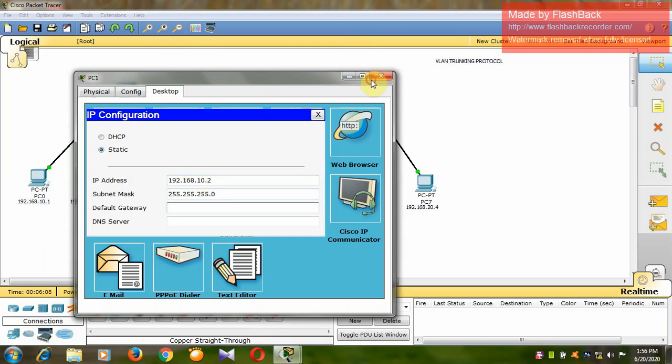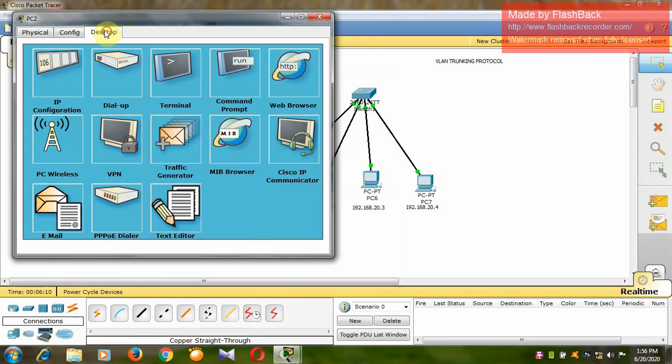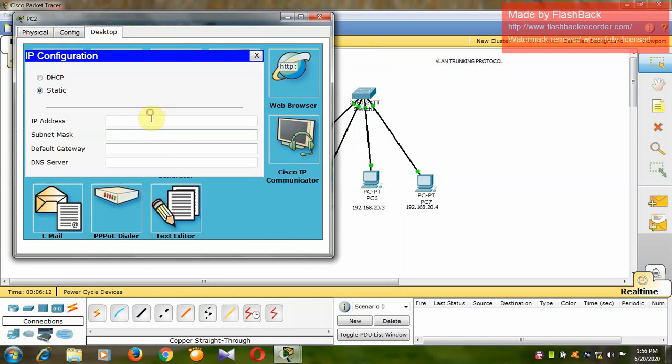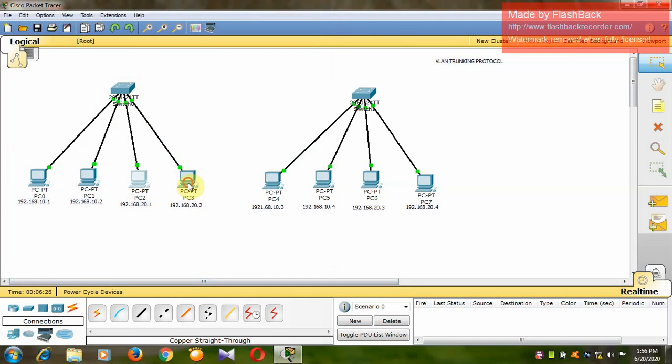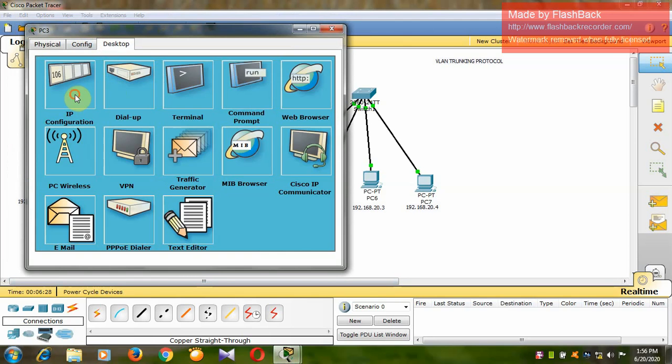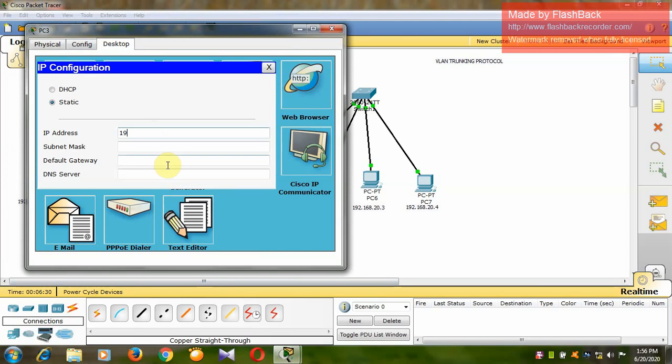Here 192.168.20.1 I have taken, and here I will take 192.168.20.2.